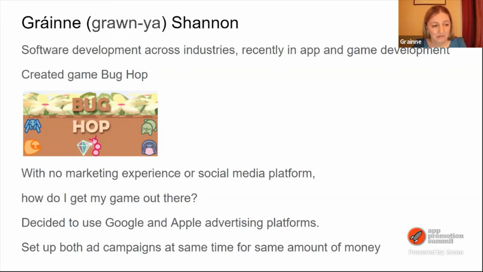I've worked across a number of industries actually, and I recently moved into app development. In my spare time, I wrote a game over about 6 months, and then I was excited to release it on Android and iOS. I asked my friends to have a look at it and rate it if they liked it. I submitted it into app review websites and things like that, but I wasn't really sure what's the next step